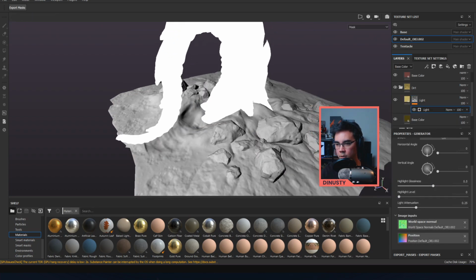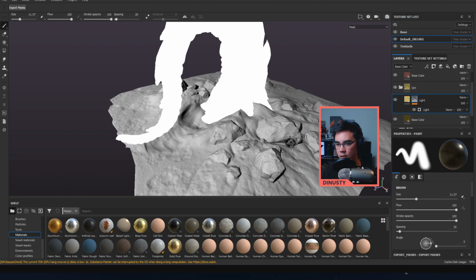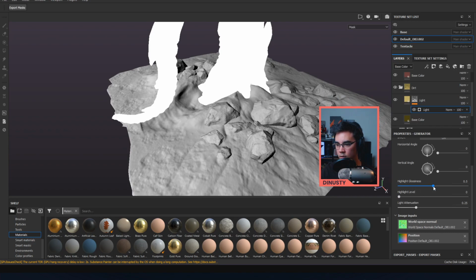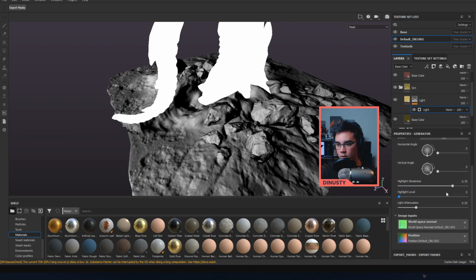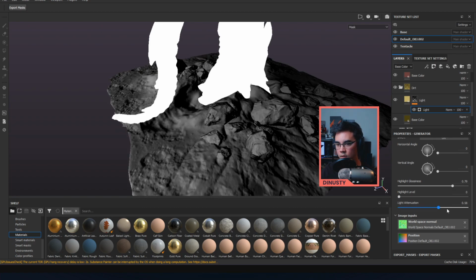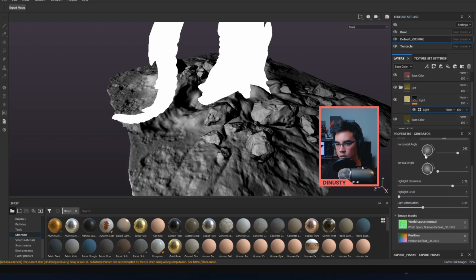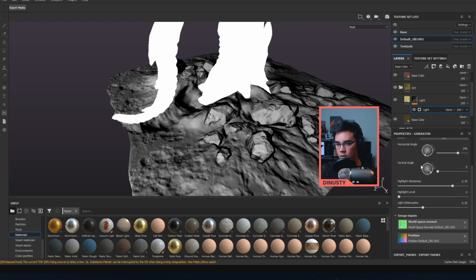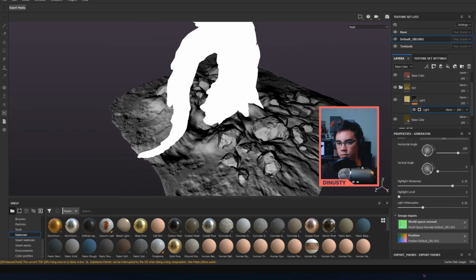Light's looking at the normal map too. That's good. So that's the mask itself. So we can maybe do light attenuation. Like which angle looks the best for